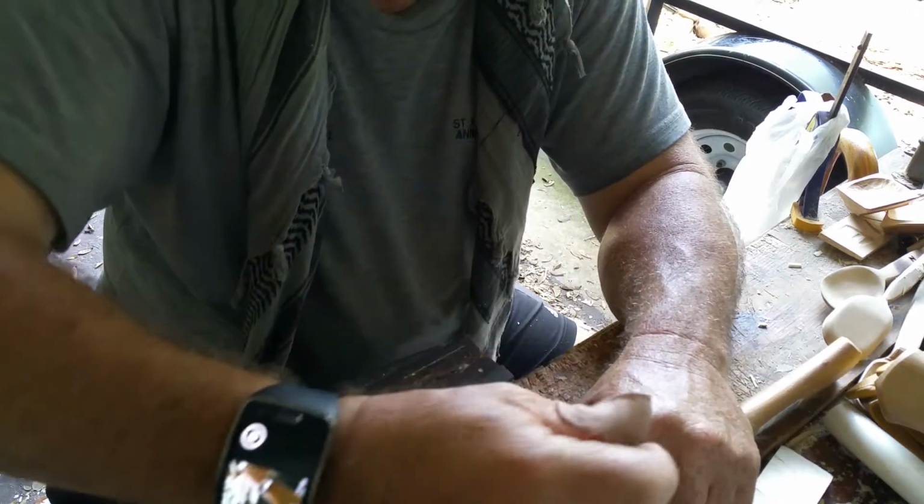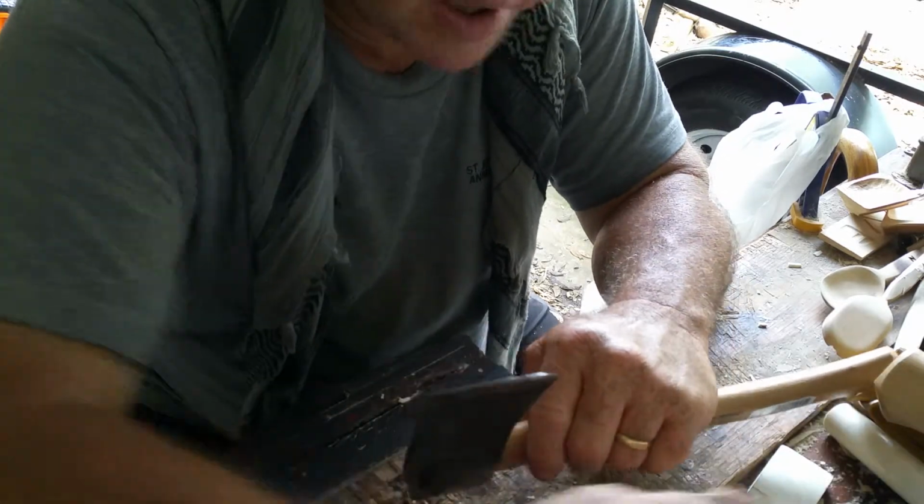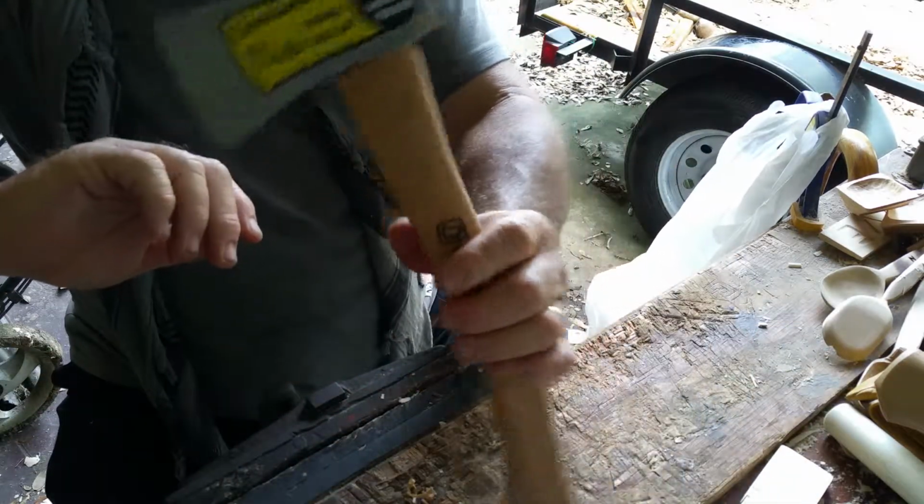So now on this axe, I haven't actually done anything. There's a really jagged, dull edge on this axe. But this is...